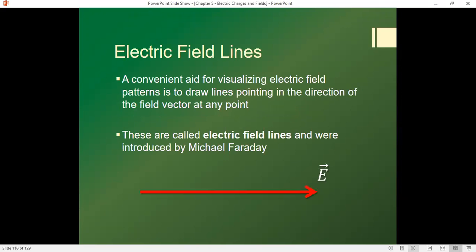Electric field lines are, of course, vectors. They have both direction and magnitude, and the magnitude represents how much force will be applied per unit of charge. Typically, when we're looking at electric field lines, we're looking at a vector field. We're looking at an infinite number of vectors that are distributed throughout space, and they depend on usually some sort